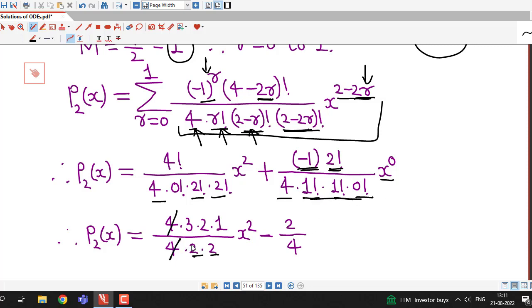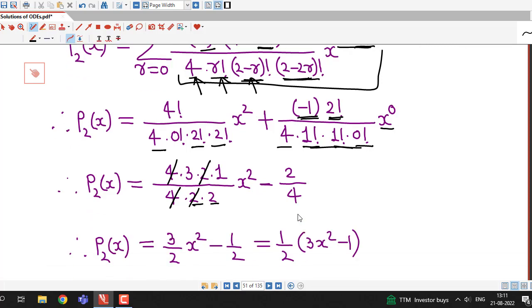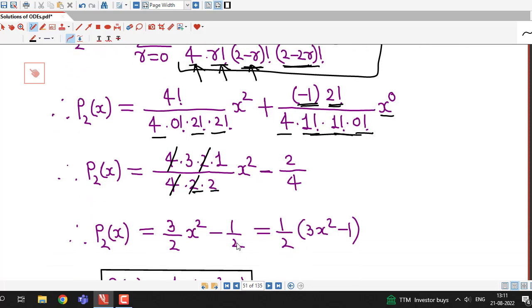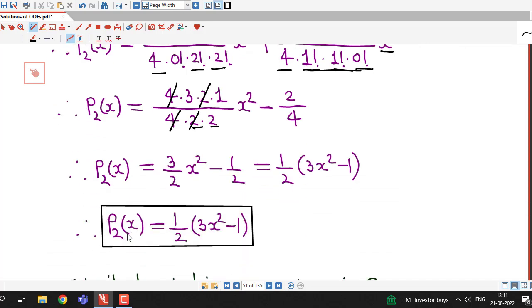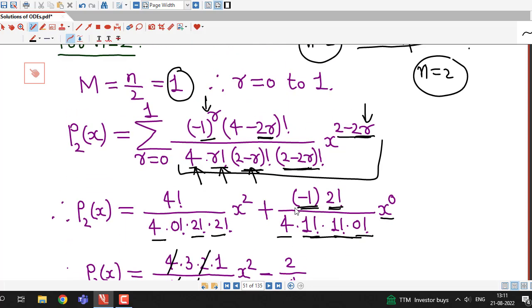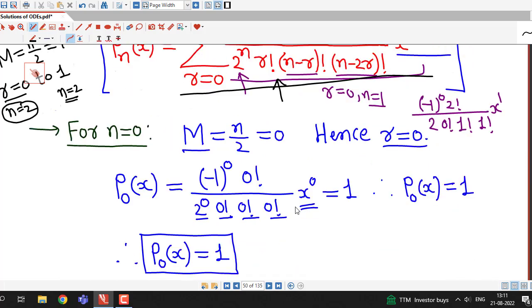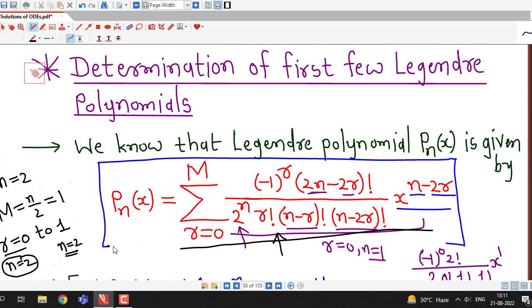And here we can cancel out 4 and 2, and I am left with 3 by 2 x square, and this is minus 1 by 2. And we can take 1 by 2 common, and we obtain that P2(x) is 1 by 2 into 3x square minus 1. So remember this general formula for Legendre polynomial,